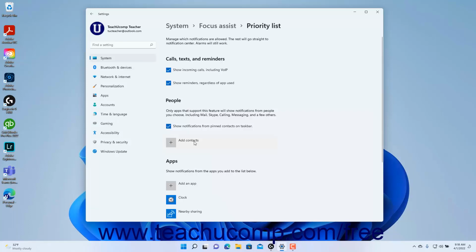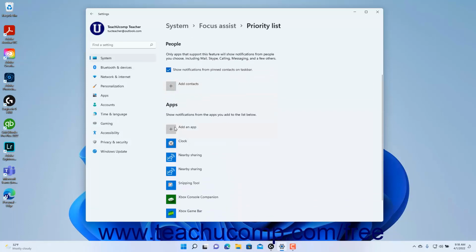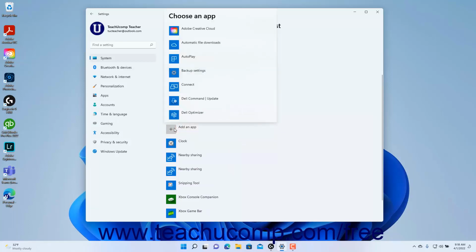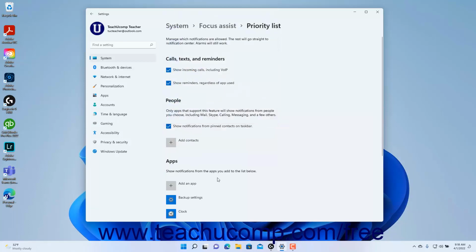To show notifications from selected apps, click the Add an App button under the Apps section and then click the app to add in the Choose an App window that appears. To remove an app, click the app in the Apps section and then click the Remove button that appears. To return to the Focus Assist settings, click the Focus Assist link in the breadcrumb navigation at the top of